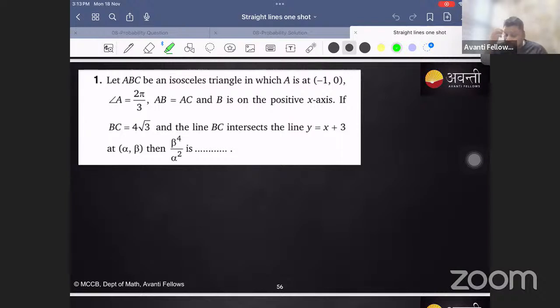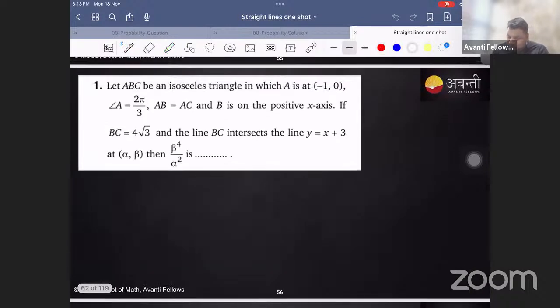ABC be an isosceles. Chalo, I'll start. I'll do this question. Then from the next question onwards, you try. ABC be an isosceles triangle in which point A is (-1, 0), angle A is 2 pi by 3 and B is on the positive x-axis. The important thing is that B is on the positive x-axis. The diagram of the question goes like,